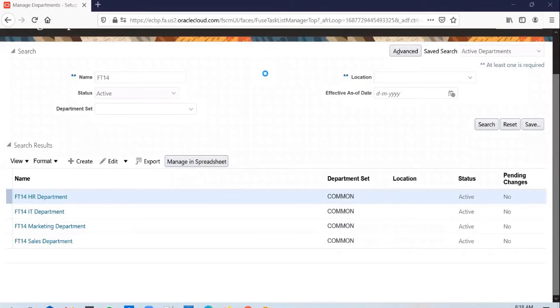Actually, assume that the same data already exists. So if you are uploading this file, will it get overridden? It will be merged, similar to how HCM data loader works. So if the department already exists, and if there was, say, some other location attached, and you send in a new location now, the location gets updated. Or if you change the status from active to inactive, the department gets updated to inactive. It works exactly the same way as HCM data loader.